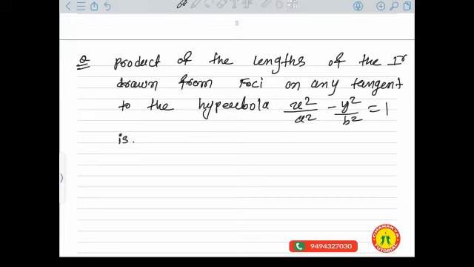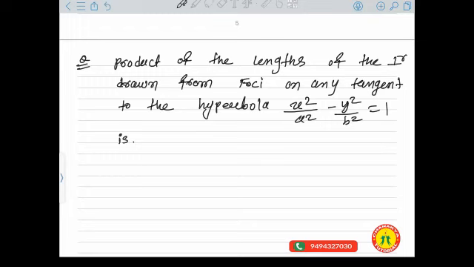क्वेश्चन समझ में आ गया ना? मैंने इलिप्स में से कुछ बताया: product of the length of perpendicular drawn from foci of any tangent to the hyperbola is, आपको फाइंड करना है। Basically we need to write the equation of tangent to the hyperbola y equal to mx plus minus root under a square m square minus b square, and find out the length of perpendicular from foci a comma 0 and minus a comma 0, and find out the product of perpendicular distance. If you simplify, the answer will be